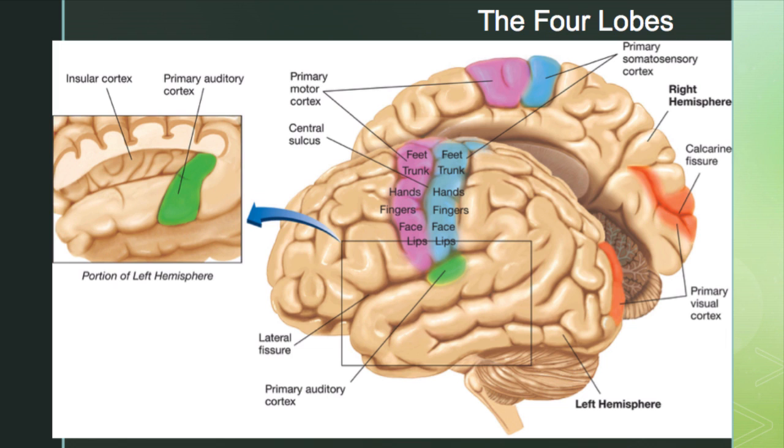So that's it for the four lobes of the forebrain. I do want to bring up this slide because I think it's important. Now this slide shows a cutaway part of the frontal lobe of the left hemisphere, and this permits us to see the primary auditory cortex on the dorsal surface of the temporal lobe, which forms the ventral bank of the lateral fissure. Now, this is important because we have two little strips of area called the primary somatosensory cortex and